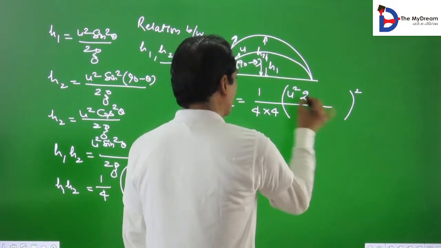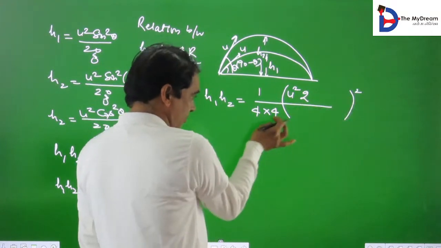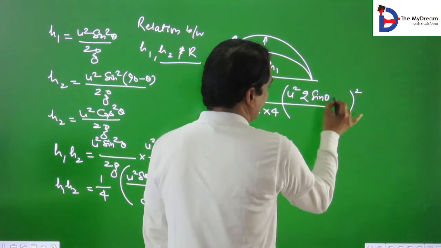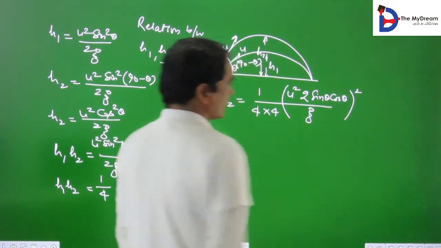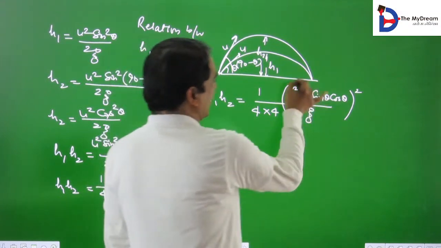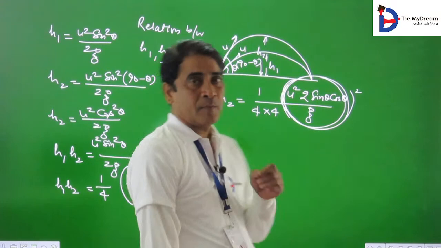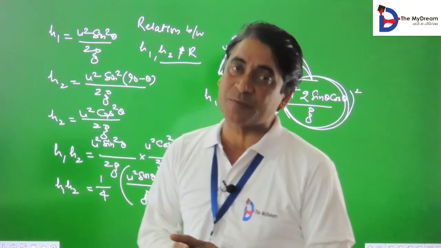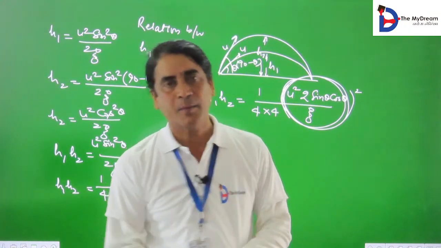Square of 2 gives 4, 4 से multiply कर दिया, 4 से divide कर दिया, sin theta cos theta by g, and this is the formula of the, ये किसका formula है बेटा? मैंने बताया था, for the comparison point of view you can use this formula, किसके लिए? रेंज के लिए, है ना, बेटा बताया ना,